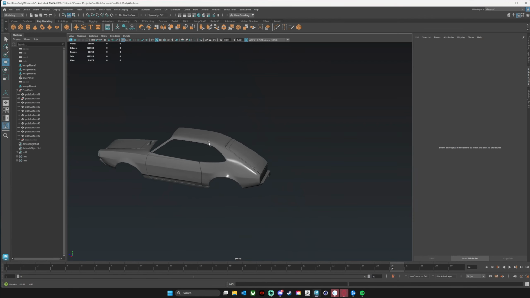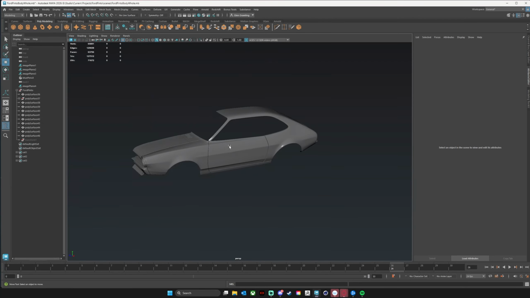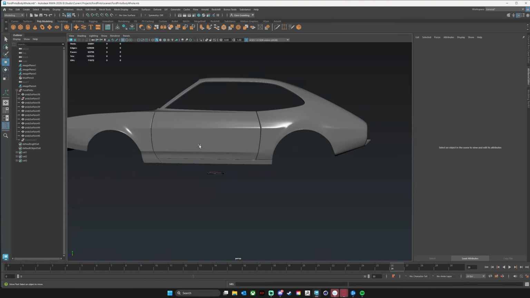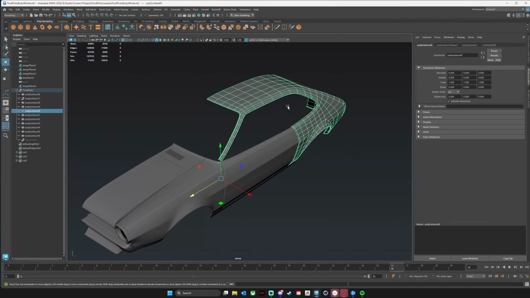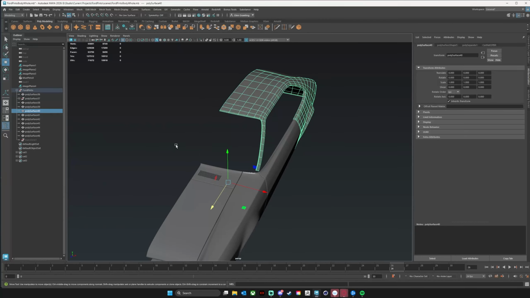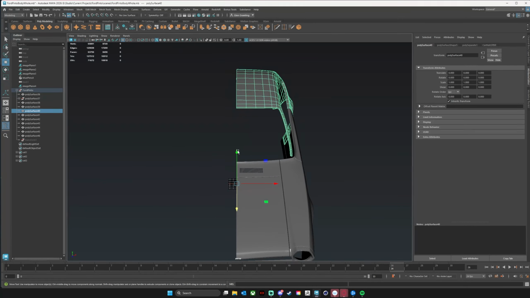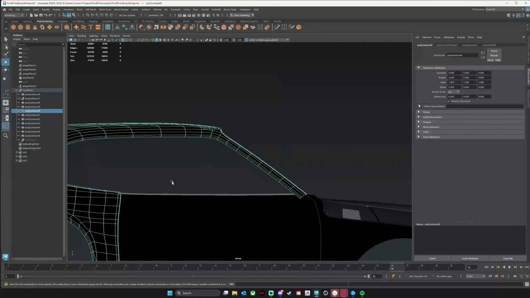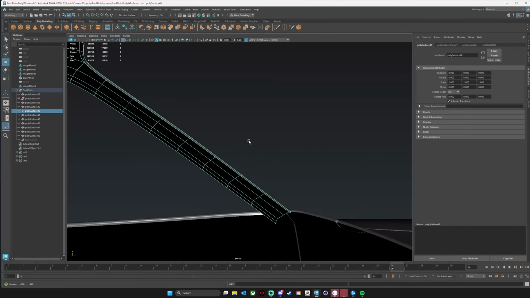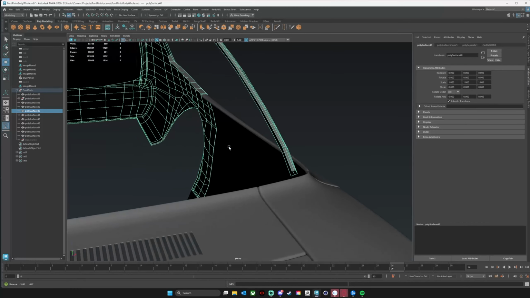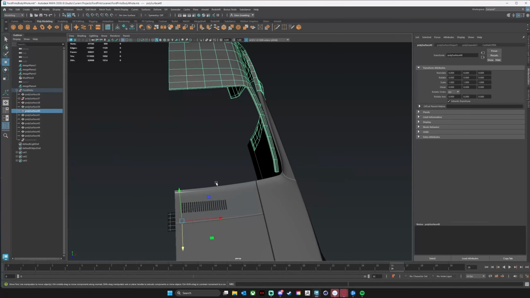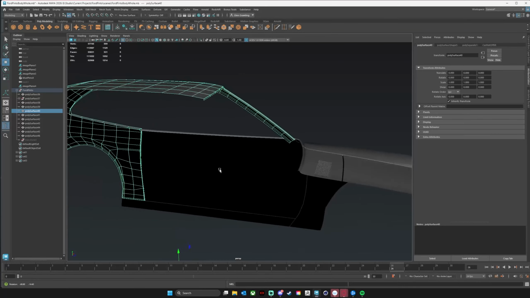Now that's the easy one. We're going to have to deal with the others a little bit more carefully, right? I think the hardest one's probably going to be this side window. So let's go ahead and do the front window. And we're kind of going to do the same thing here. So what I'm going to do instead of just extruding down, because we don't really have an edge to extrude down from here,